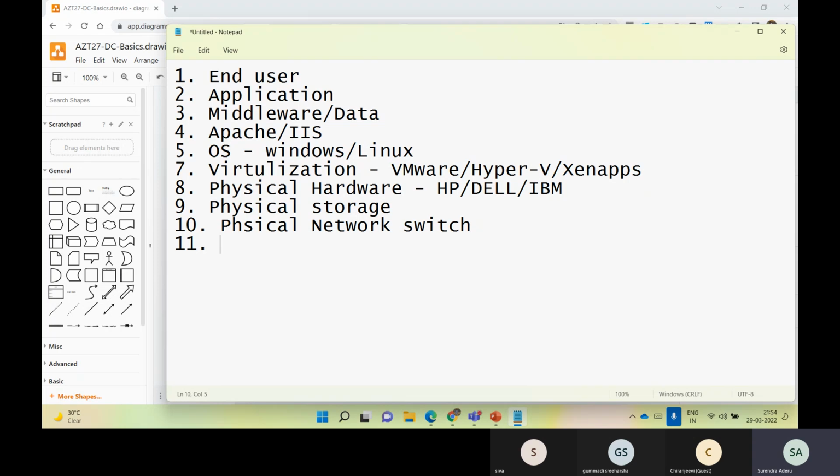What do I need to communicate? A very basic thing: I should have internet, correct? It can be your Airtel, Jio, Vodafone, BSNL, or TCL. These are all providers for internet services, right?